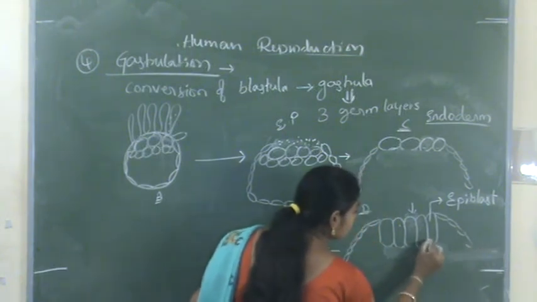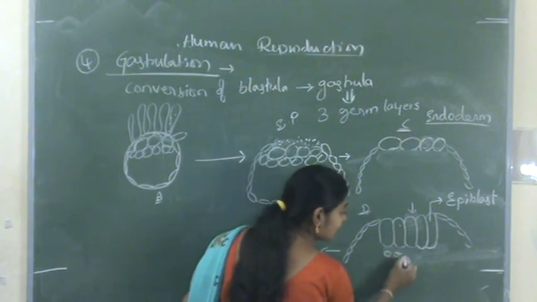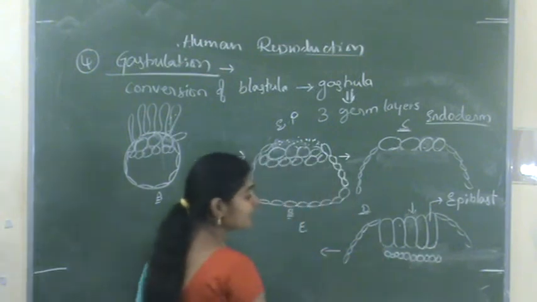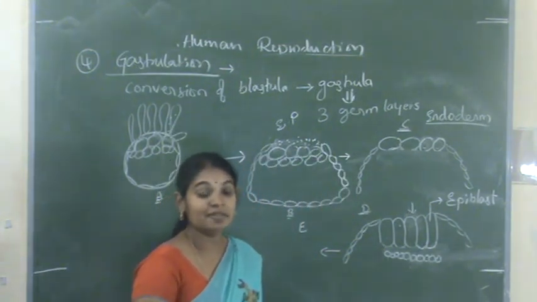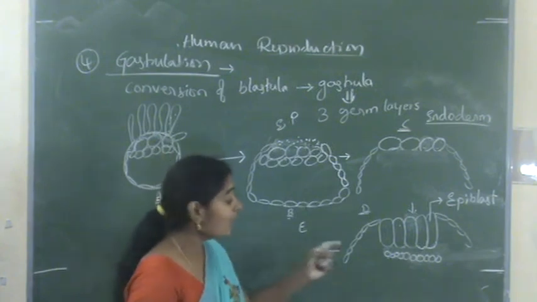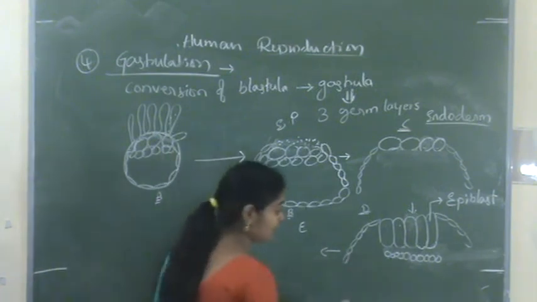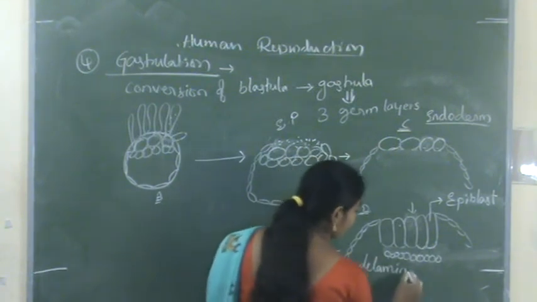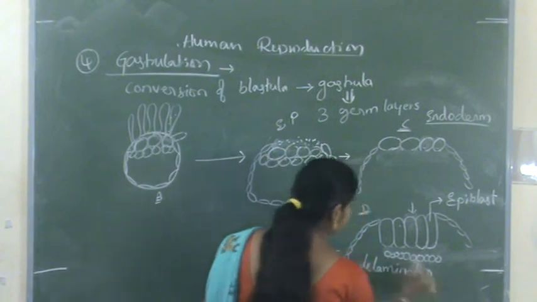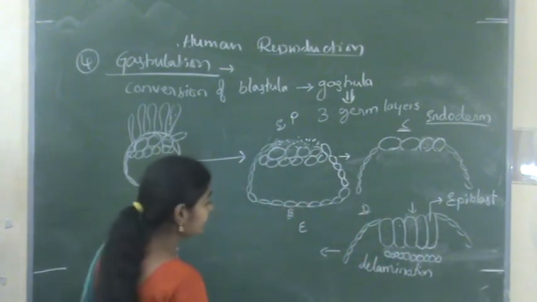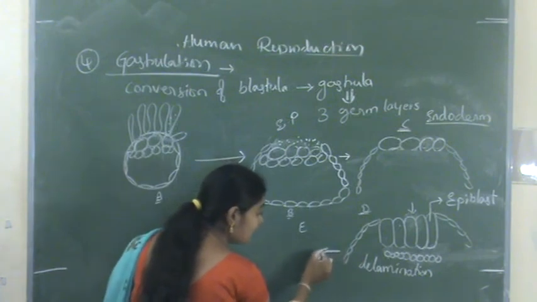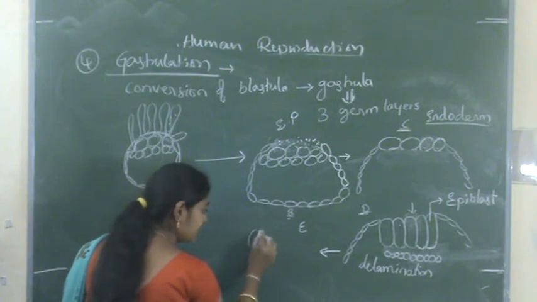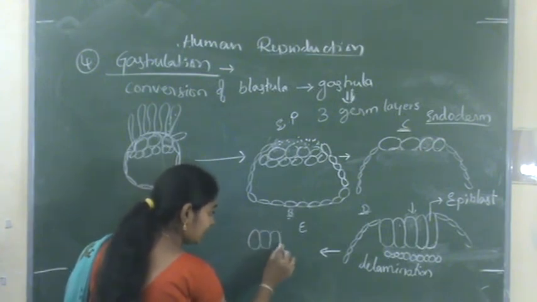So in this stage, the cells which are detached from the epiblast, this process of detachment of epiblast cells, is known as delamination. And due to the delamination process, this is the epiblast layer,